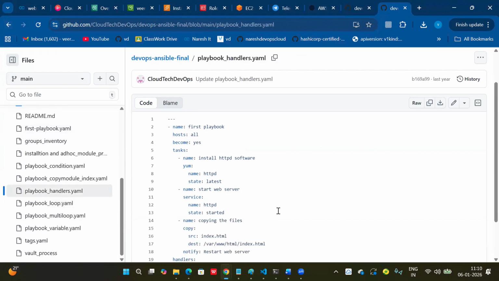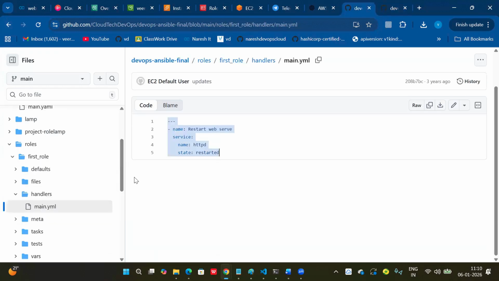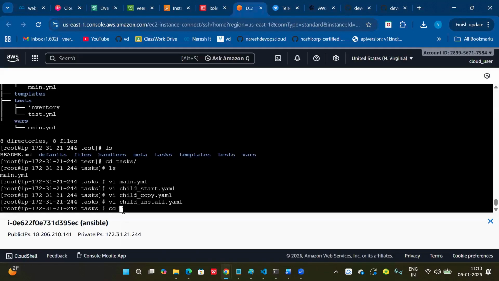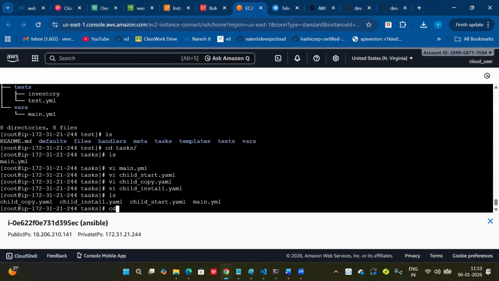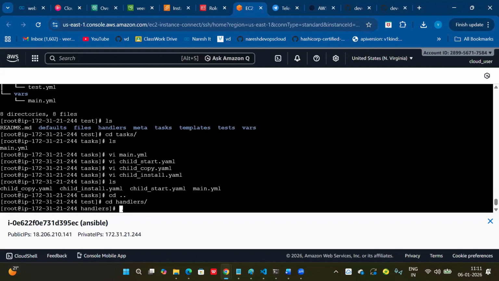But we have a proper structure, right? The handlers directory is created. So you can add a restart block there, not inside child.yml. We can add it separately, not inside tasks. So we have a handlers directory, ls.